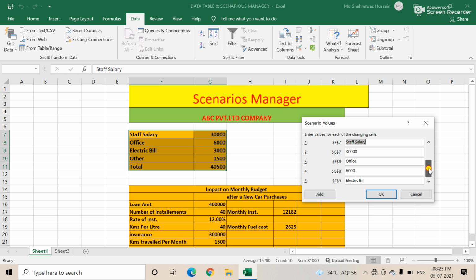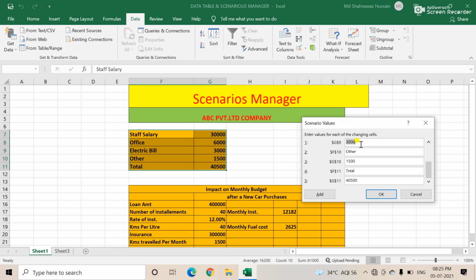Here you see the up and down, all the data is visible. There are five items, 1 to 5, five options. These are all the addresses.